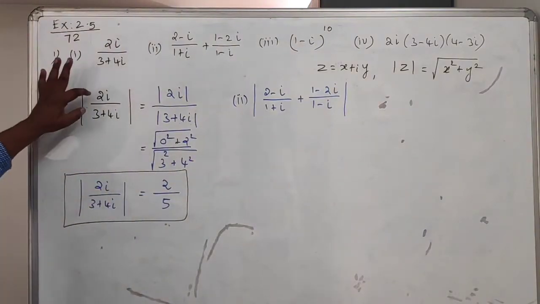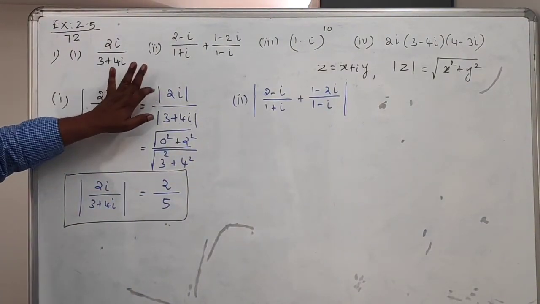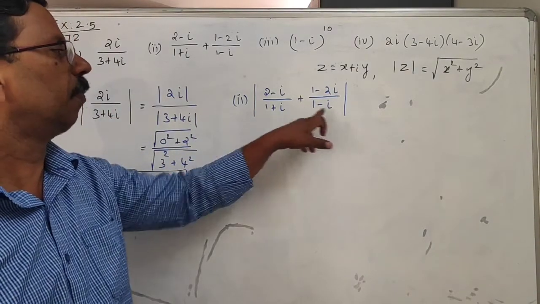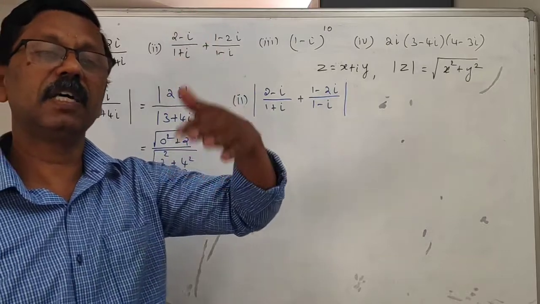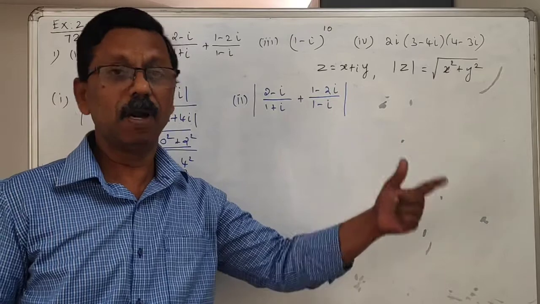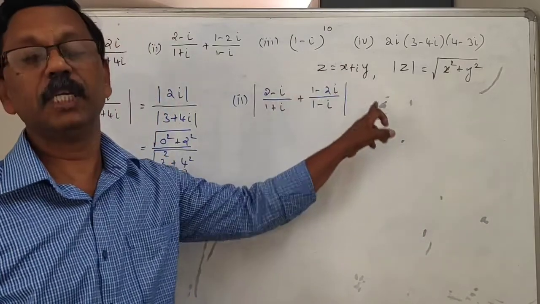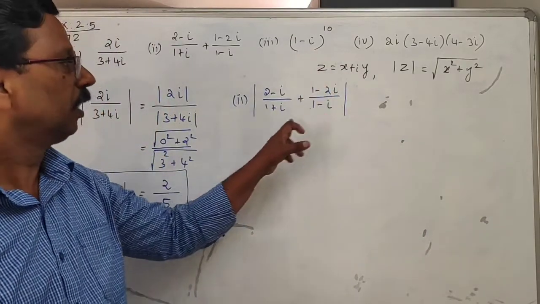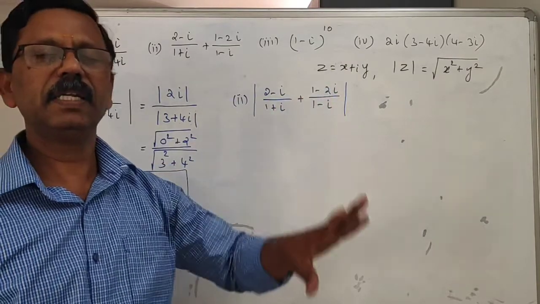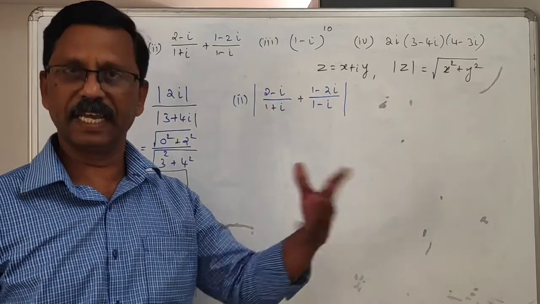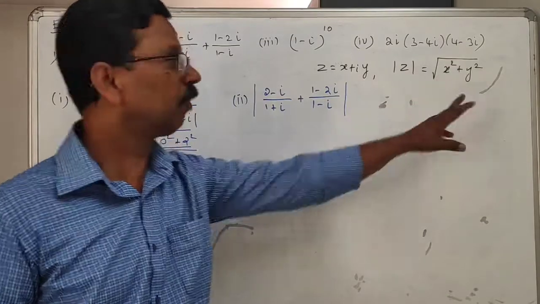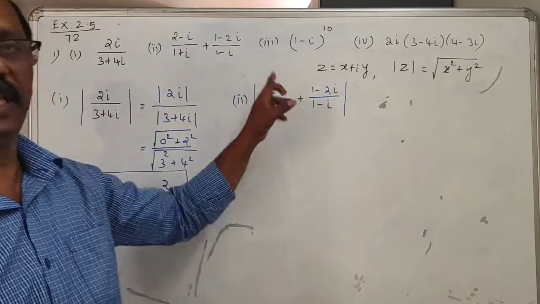If we have a ratio of 2 complex numbers, we can take the modulus ratio separately. But here we have a sum of 2 complex numbers, and modulus of z1 plus z2 is less than or equal to modulus z1 plus modulus z2. Therefore, don't go for the less than or equal to concept here. If you have fractions like this, it is better to bring it into the rectangular form. Then you can easily take the modulus with the help of the formula. So now I am going to bring this into the rectangular form.